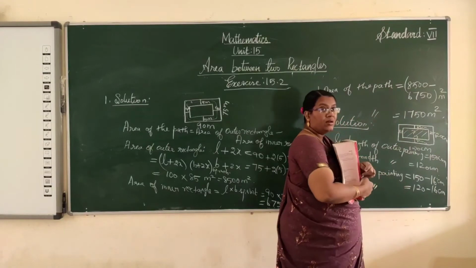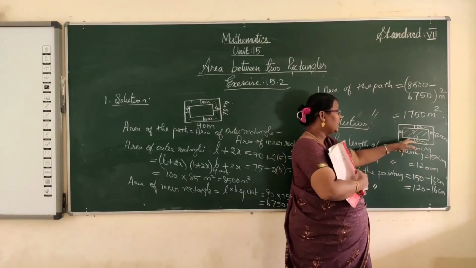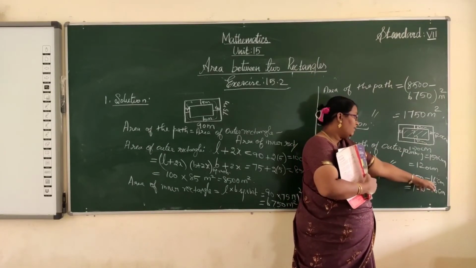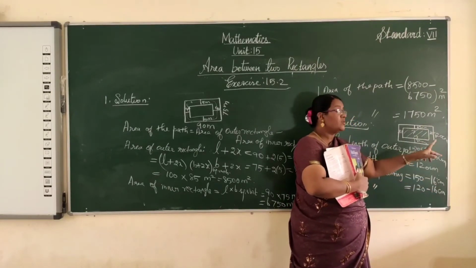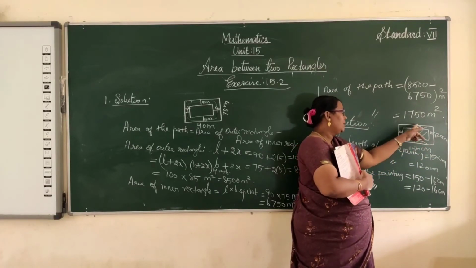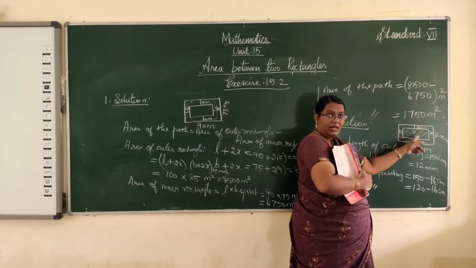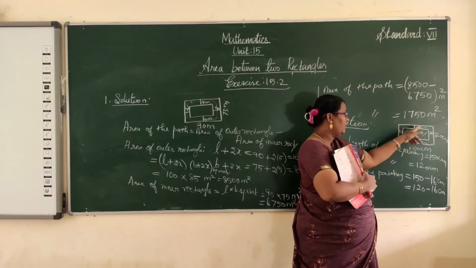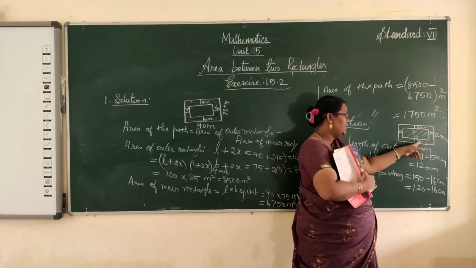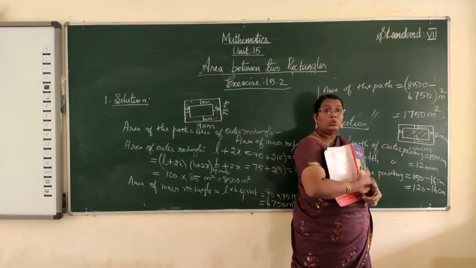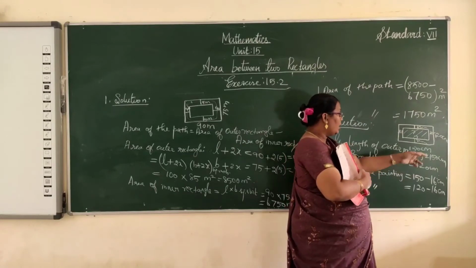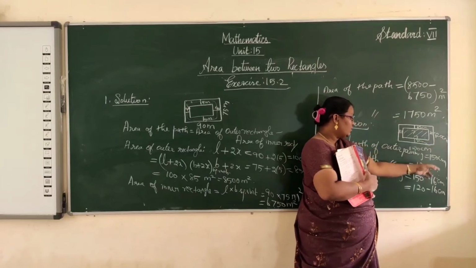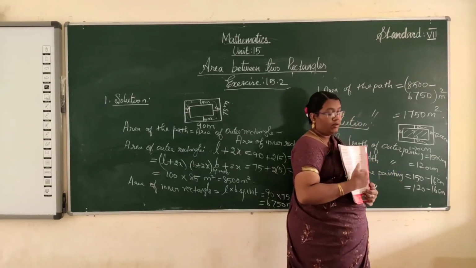Do you understand this? Why do we subtract in this place? We calculate the inner rectangle, so we subtract. Why do we take the value 16 in this place? Twice the times of the width. Opposite sides are equal in a rectangle. Here the width on one side is 8 centimeter, so twice the times, 2 times 8 is 16. Here also 2 times 8 is 16. The breadth value is 120, so 120 minus 16.